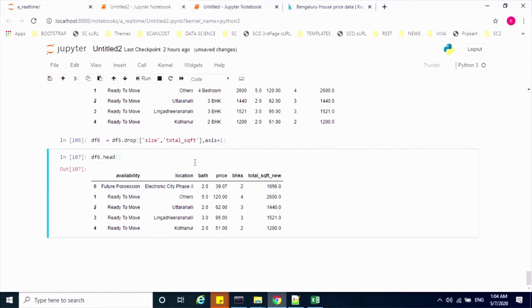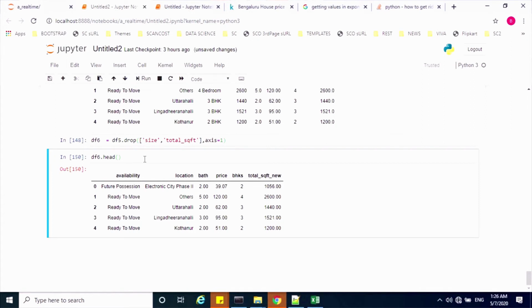Okay, let's try to find a few more outliers by applying a criterion like, for any BHK, for a 1 BHK the minimum square feet area must not be less than 400. This information we can basically get from the domain experts. So when you get your problem statement, after all these validations, if you think a few more outliers can be found, then you can reach out to your domain expert and check with them.